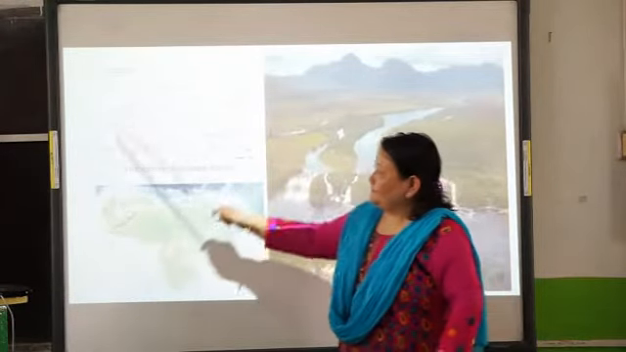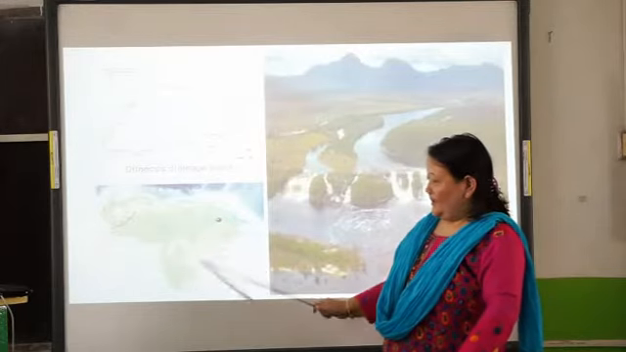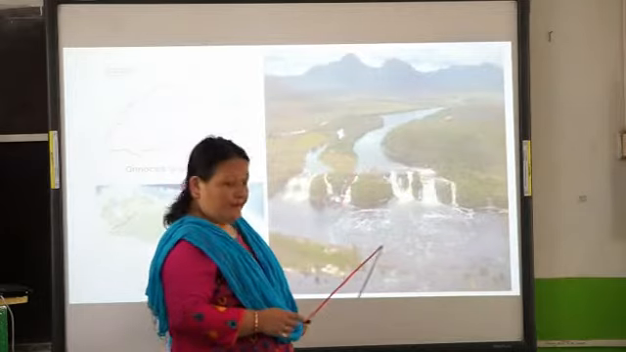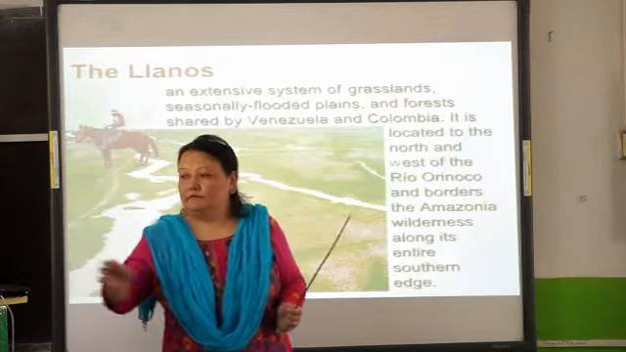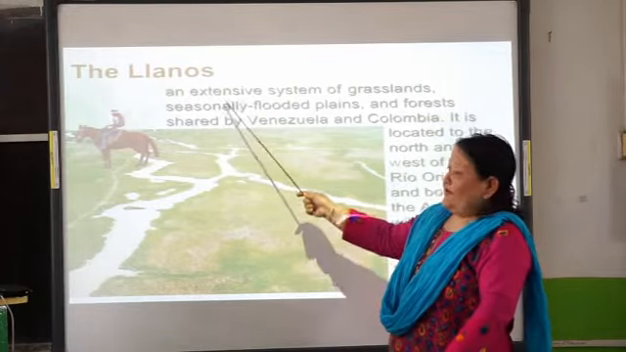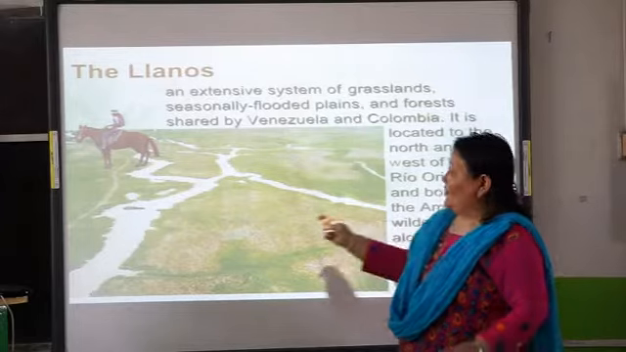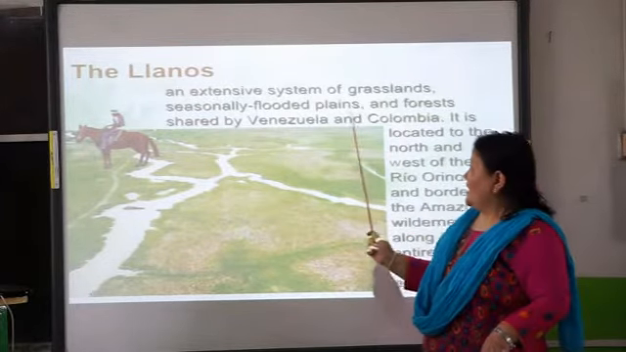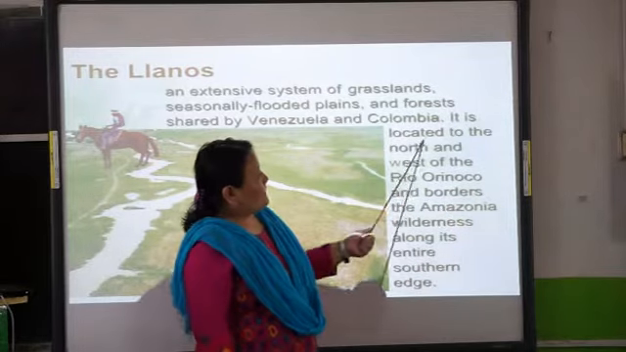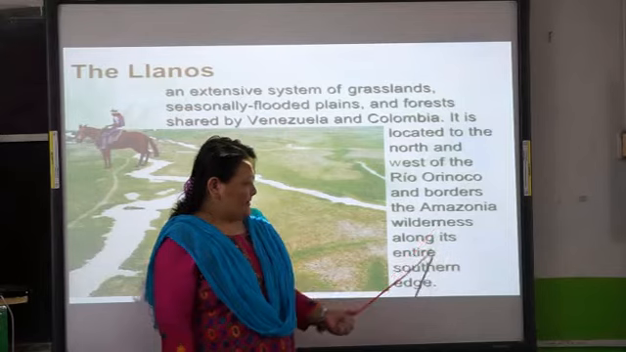Now this is your Orinoco Basin, right in the north. And this is your photo of your Orinoco River. And besides that, here there is an extensive system of grasslands, seasonally flooded plains and forests shared by Venezuela and Colombia. It is located in the north and west of the Rio Orinoco and borders the Amazonian wilderness along